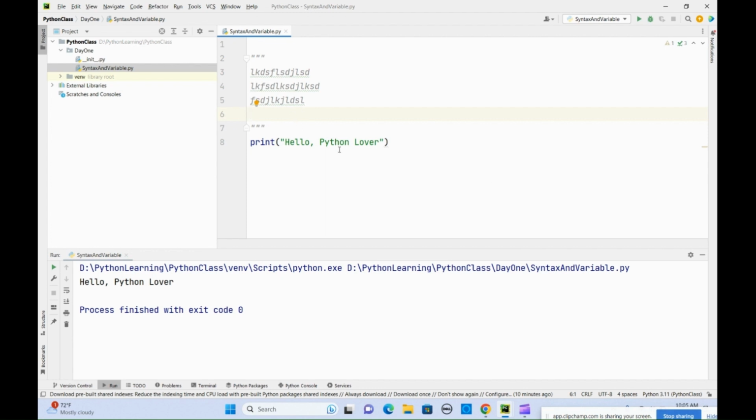So now let's talk about the variables. Variables in Python are like containers, right, that you can store data in. You can also change the data in a variable. So for example,